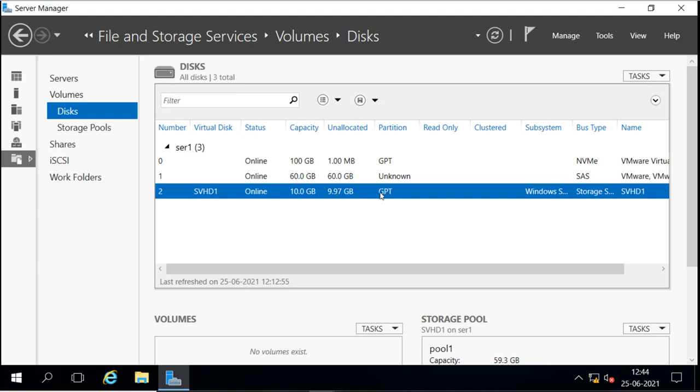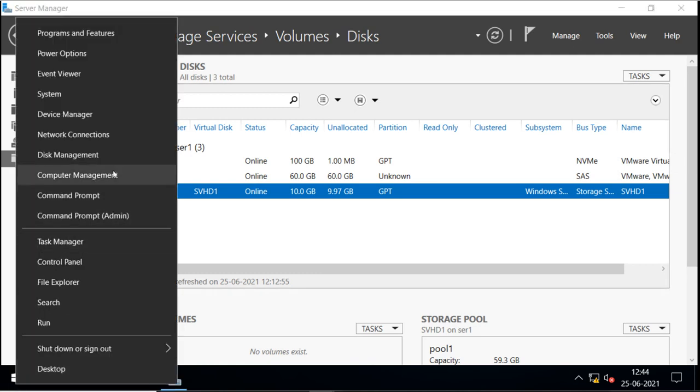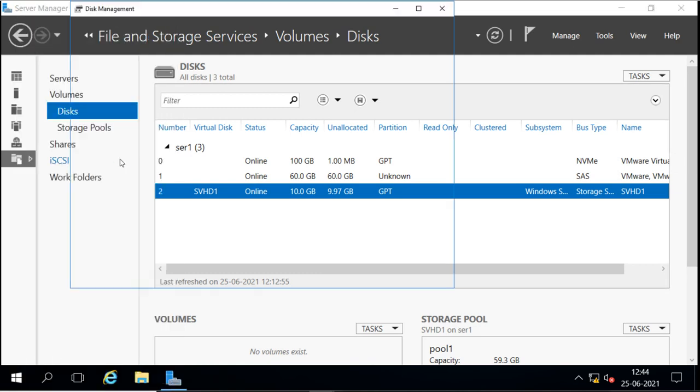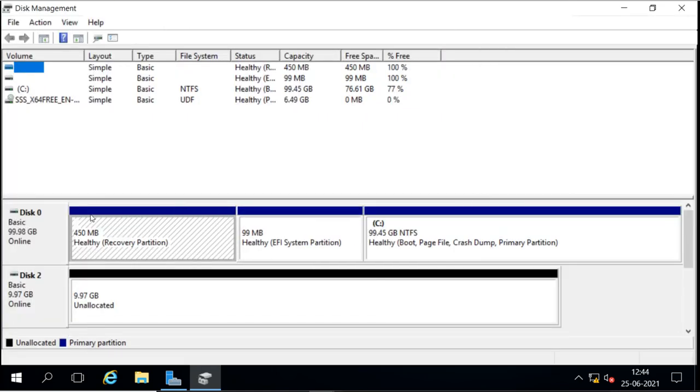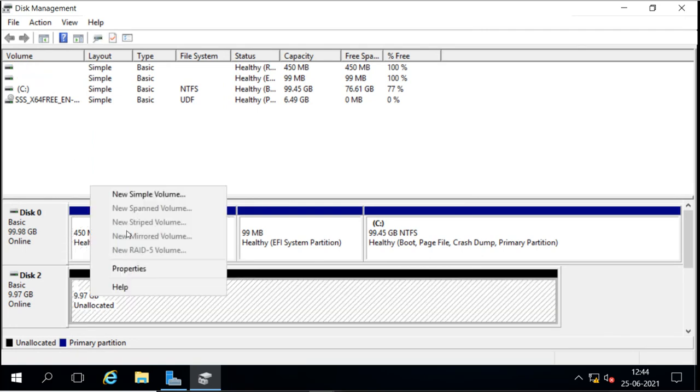If we want to create the volume, we can right click and create a new volume from here, or go to disk management, where we can also see the disk, 10 GB available, and create the volume from there.